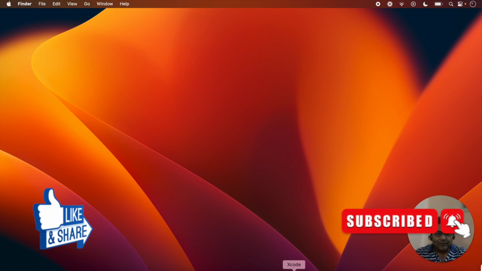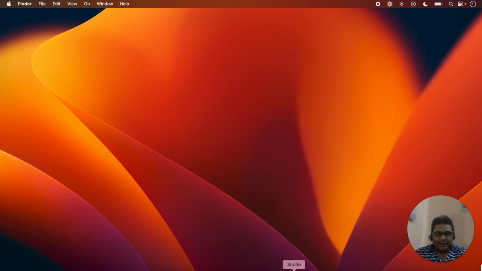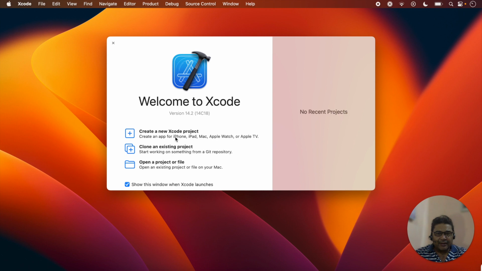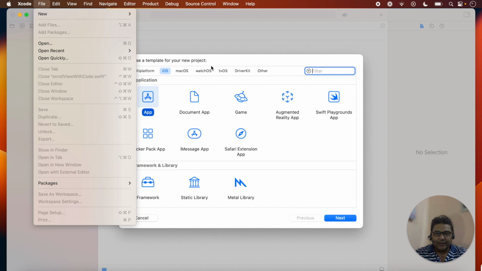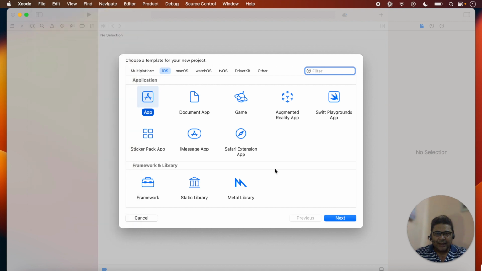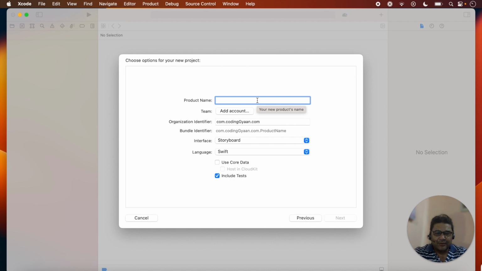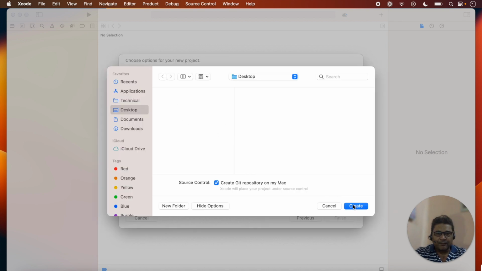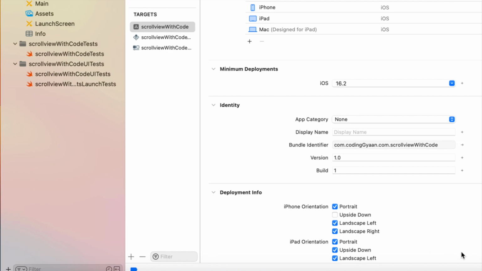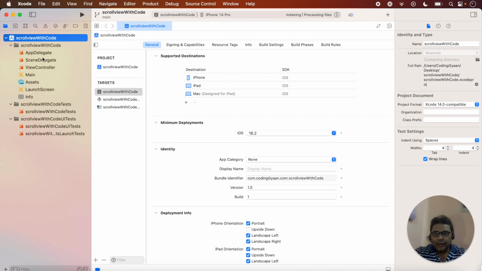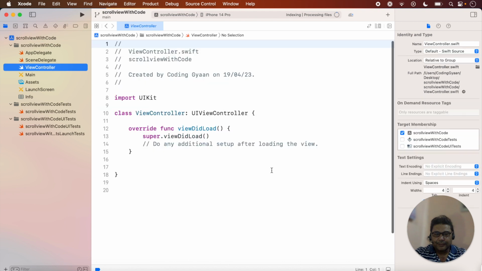So first of all we will create a new Xcode project. Click on Xcode and here we will create a new Xcode project, and select iOS app, next, and here ScrollView with code. Click on next, and here on the desktop we will create the project. Click on the view controller, and here